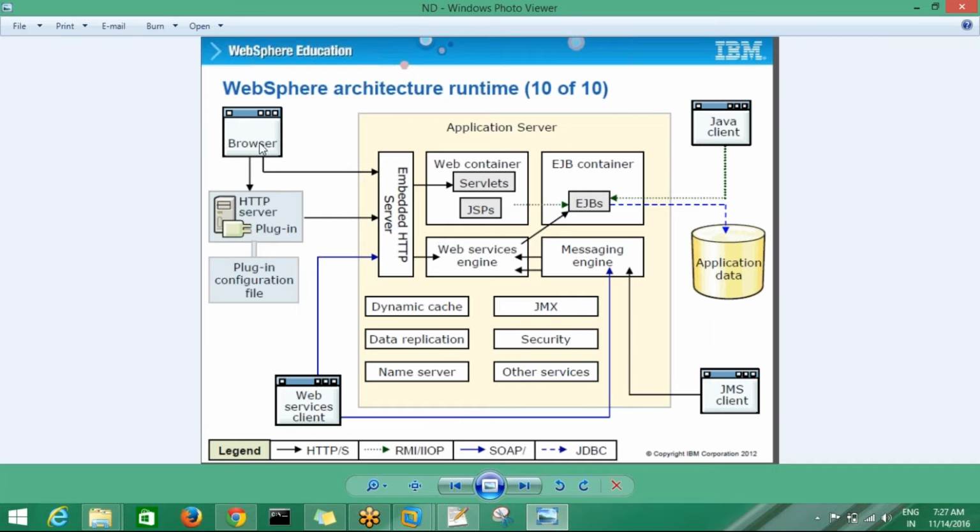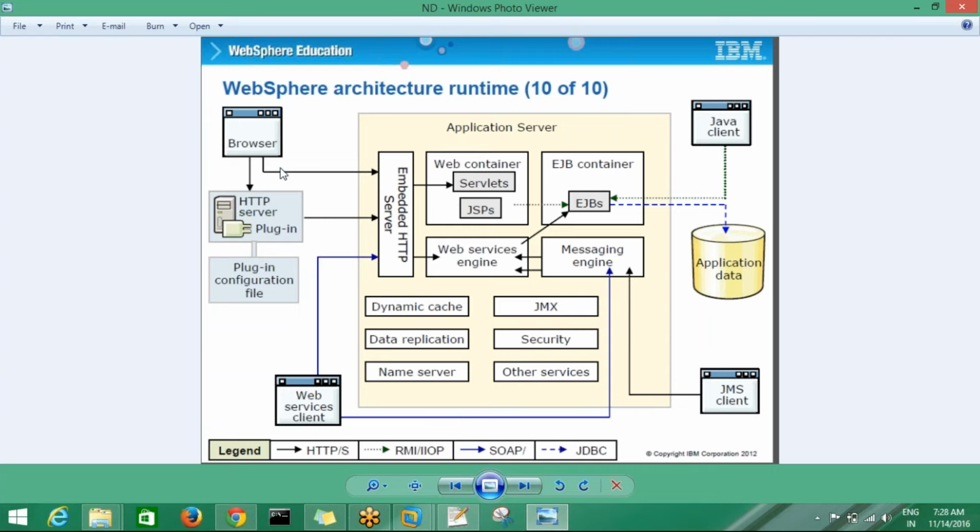Browser means it is a GUI based browser where we do all operations. Once we start the application server, we can open this browser, nothing but the administrative console. Using that console, we can do all operations and all administrative tasks. That browser is also an application, a web application, deployed in the server.